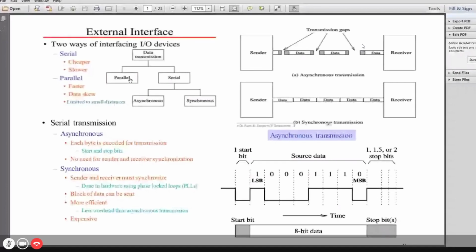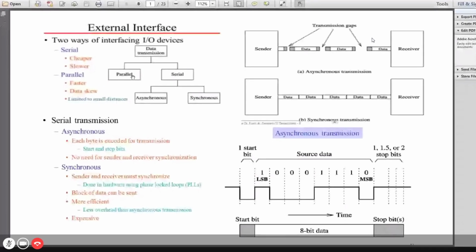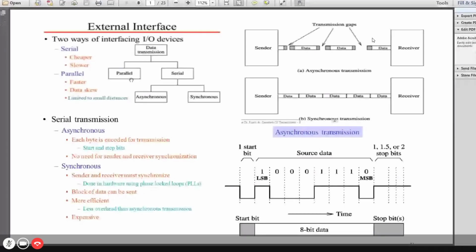So where do we have parallel communication and serial communication in this microprocessor controlled IO data transfer? Within the microprocessor system, say between memory and the microprocessor, and internal to the microprocessor also, we have parallel communication taking place.